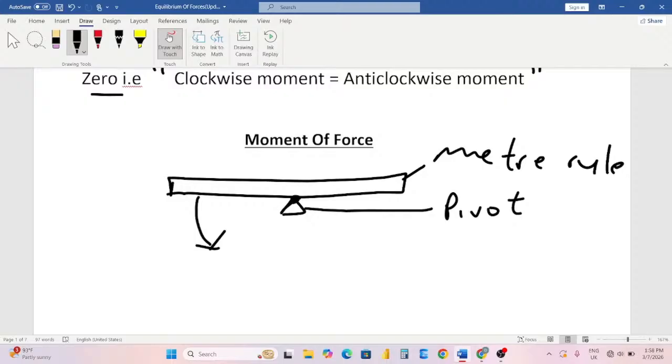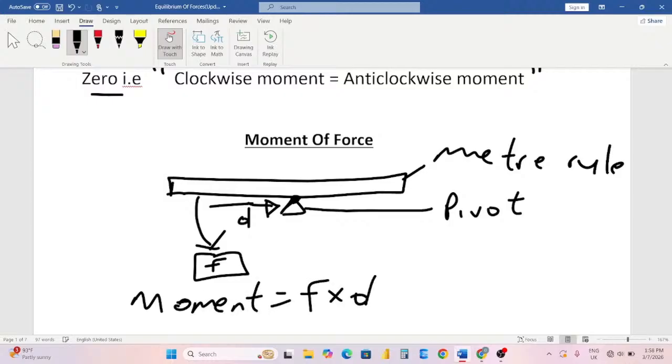The moment of force is calculated as the force times the perpendicular distance from that point. So the moment of force equals F times D. The unit is Newton per meter. Now, moving on from that, it is important to note that,